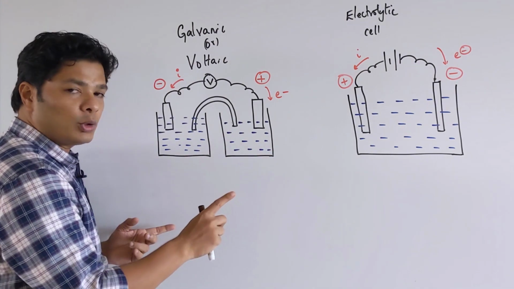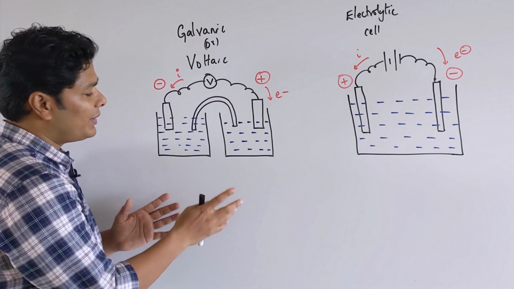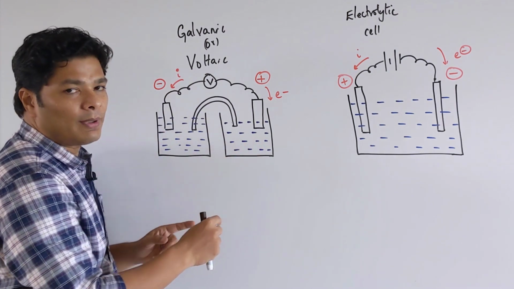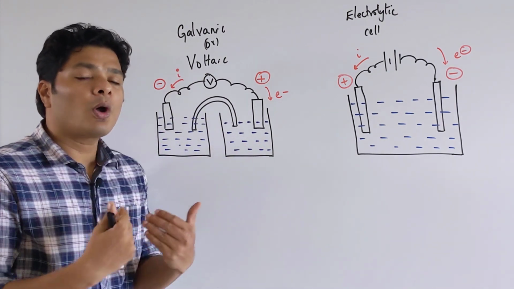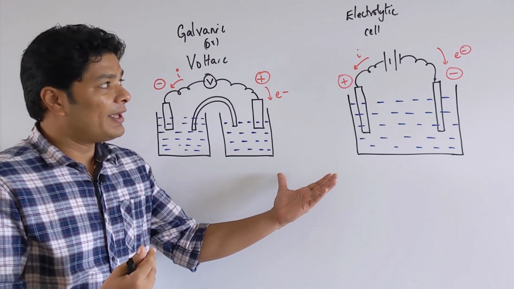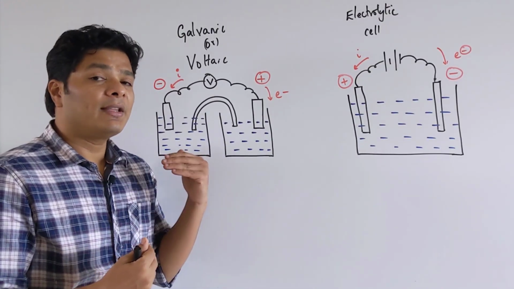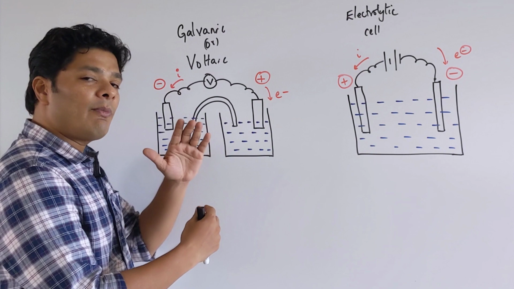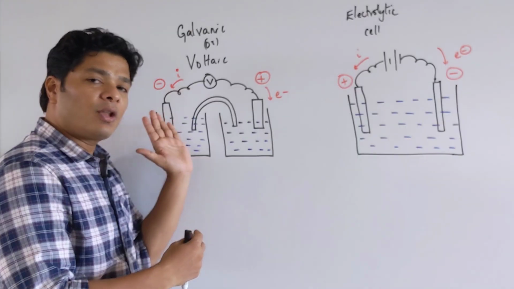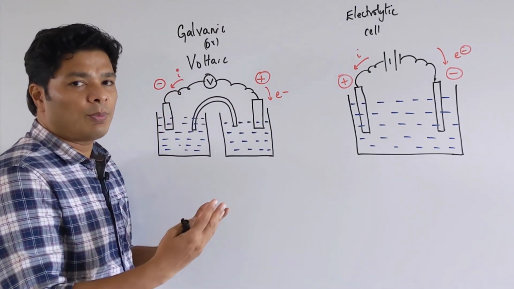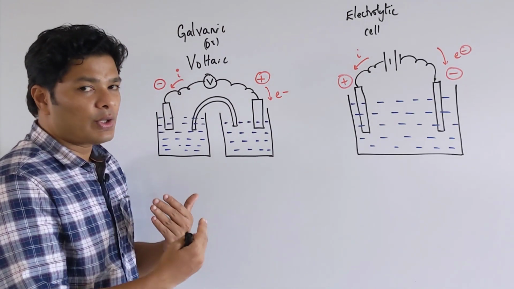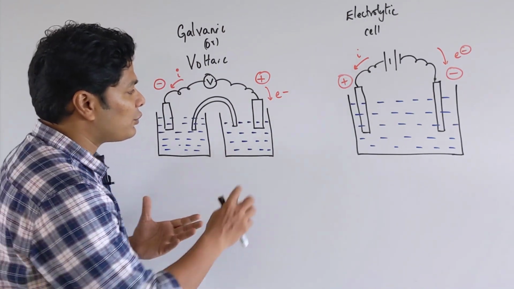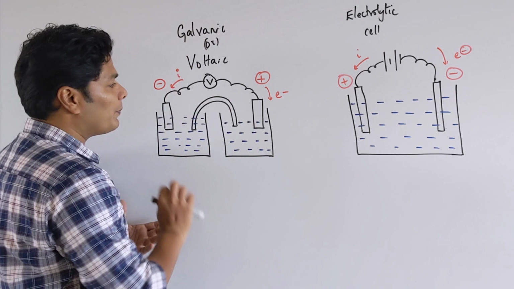Now the basic similarities are, in both of them I have drawn it in such a way that my left is an anode and right is a cathode, but there is no IUPAC convention when you draw an electrochemical cell. There is only a convention when you write the cell notation. Here I can have my cathode on the right side and anode on the left side, or the other way around. Both are perfectly fine, but somebody has to say which is your cathode and which is your anode. Here I have chosen this as my cathode, this as my anode.